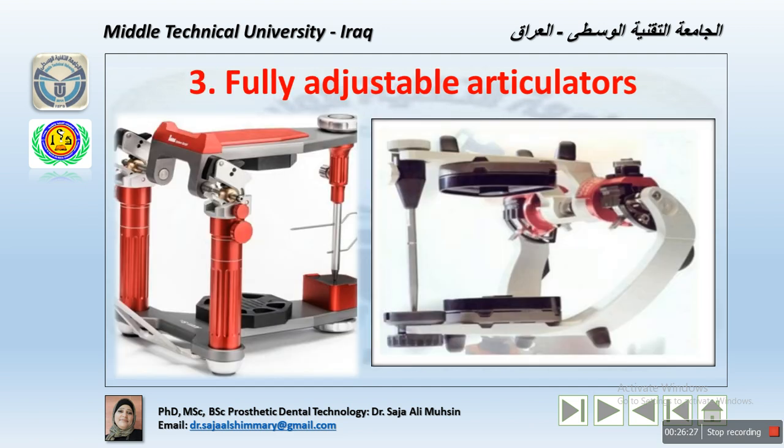The last one we have is the fully adjustable articulator. These are capable of being adjusted to follow the mandibular movement in all directions, just like the real movement of the mandible. These articulators have numerous adjustable readings which can be customized for each patient. So it is very complicated. They are not commonly used because of their complexity. For example, the Stuart instruments, there are many readings we need to transfer from the patient, but really using them gives an accurate restoration